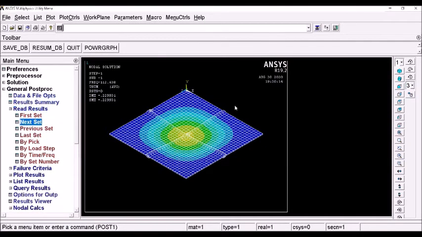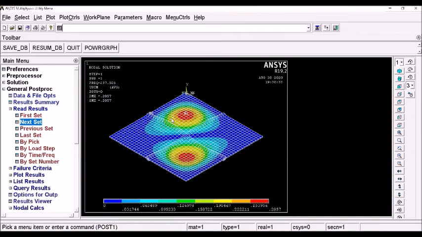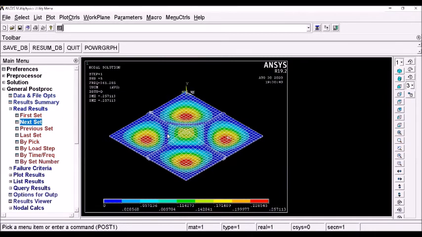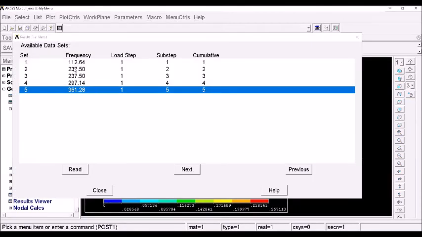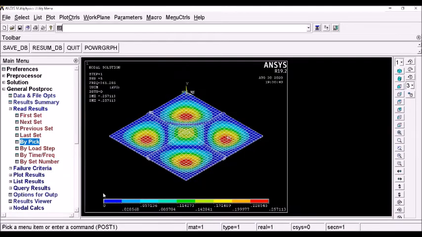Read results, next set is the second set, next set is the third set, this is the fourth set, and this is the fifth modal vibration. Now observe that if I go by the frequency, the second and third frequencies are the same, but the mode shapes are different.